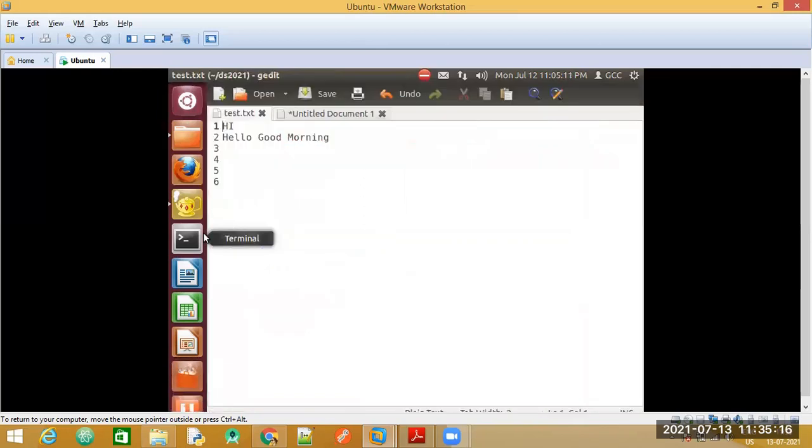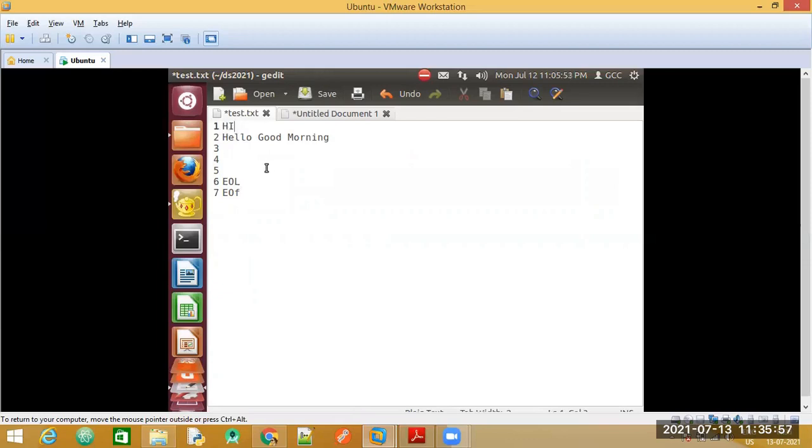Let us go back to this document here. So we have two lines. Now the moment the first line ends, we have two important things to understand: EOL and EOF. EOL indicates end of line. So what is end of line? End of line indicates that this particular line has ended.